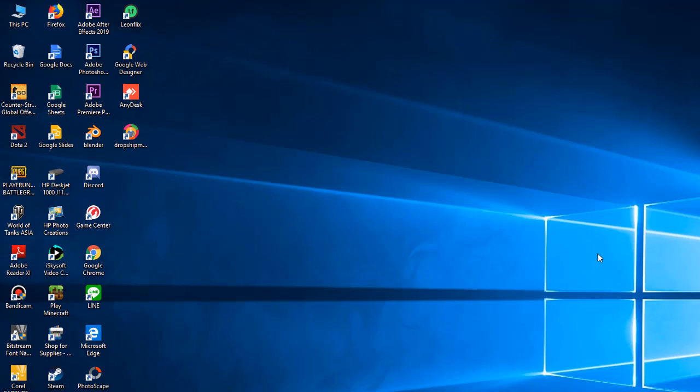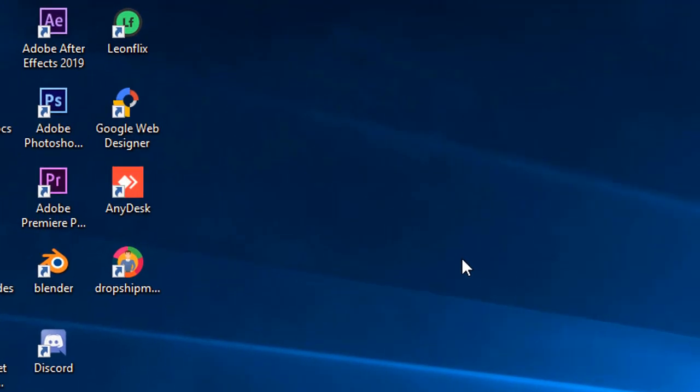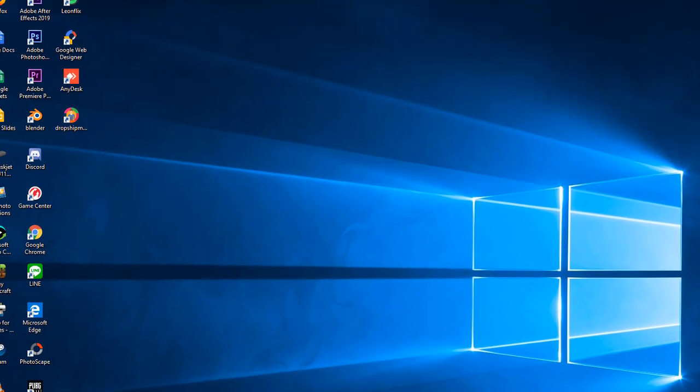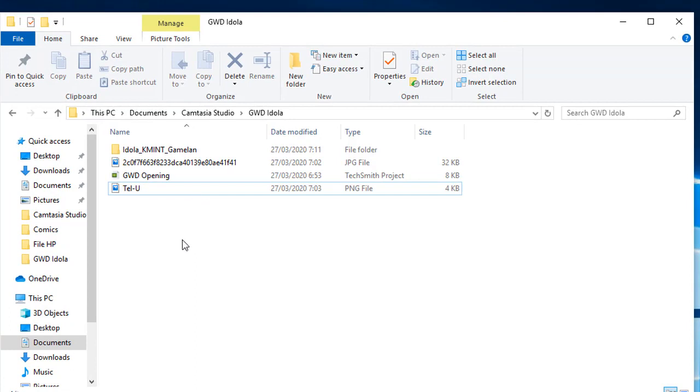So before we open our Google Web Designer software, make sure that you already have the software downloaded on your personal computer or laptop. Besides that, you also need to prepare the content that we prepared before the midterm.